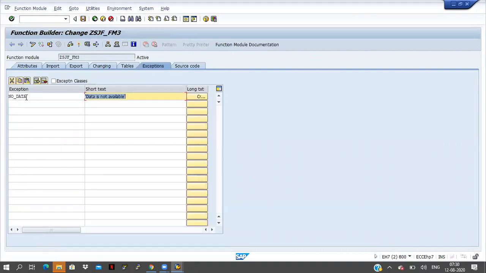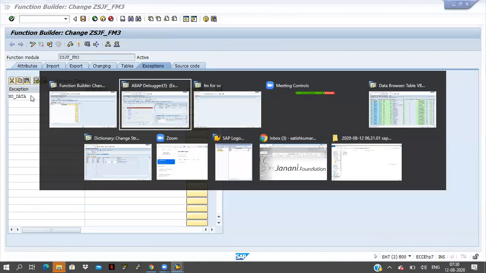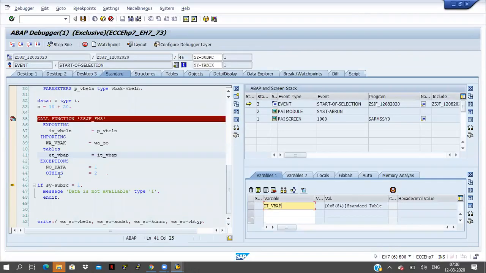The exception is coming here, no data. The data is not available, that is why it is raising no data. The sy-subrc value is coming 1. What is the meaning of 1? No data is available, the no data exception is coming here.